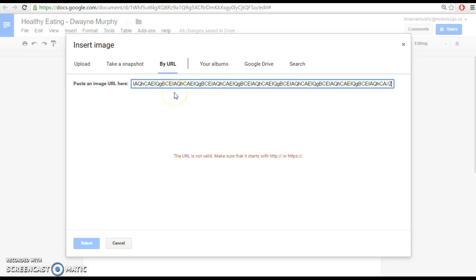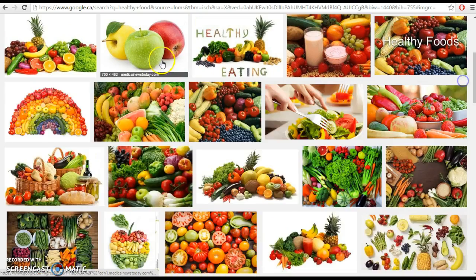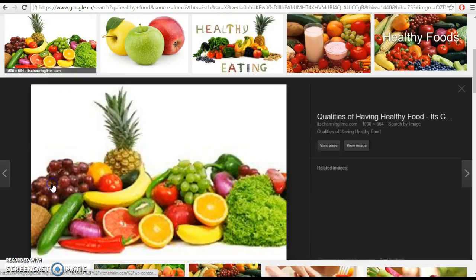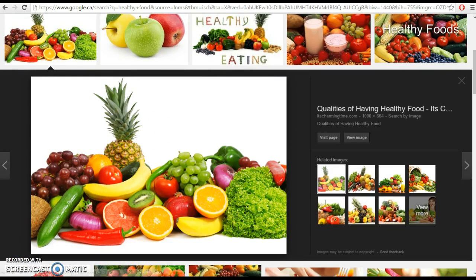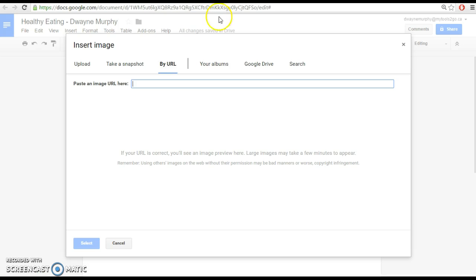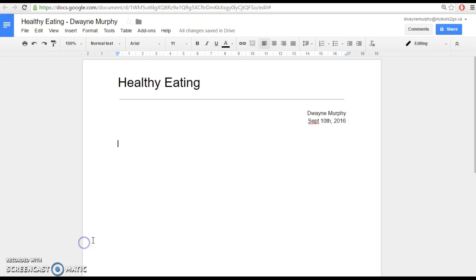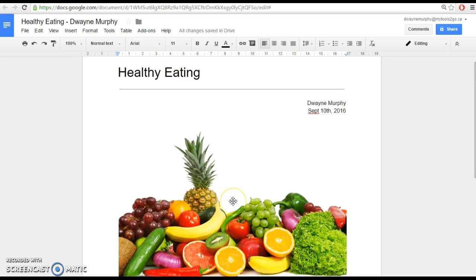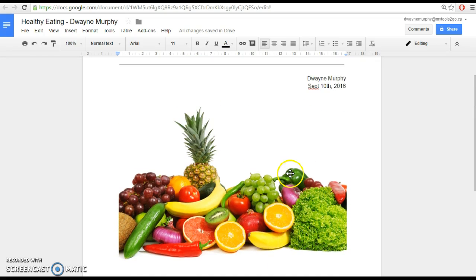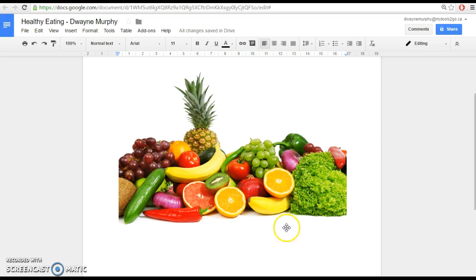Uh-oh, that didn't work. So you know what? Maybe I'll try a different image. I'm going to right-click, copy image address, and try that one more time for you. Okay, that works out. So that is a nice way to get an image in your document. You could either copy and paste it from Google Images or